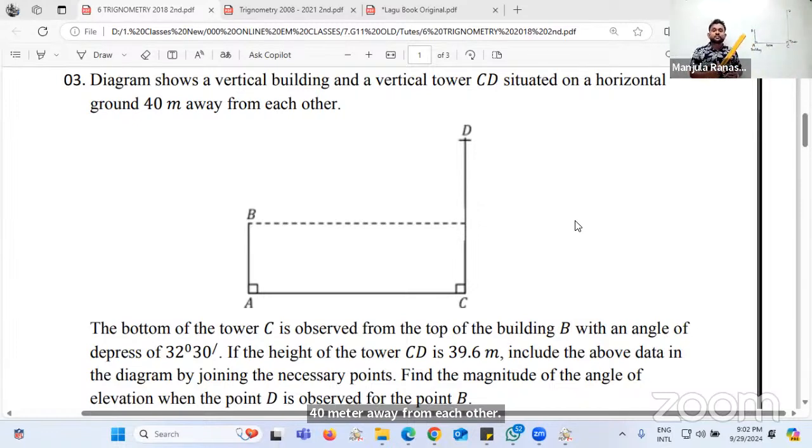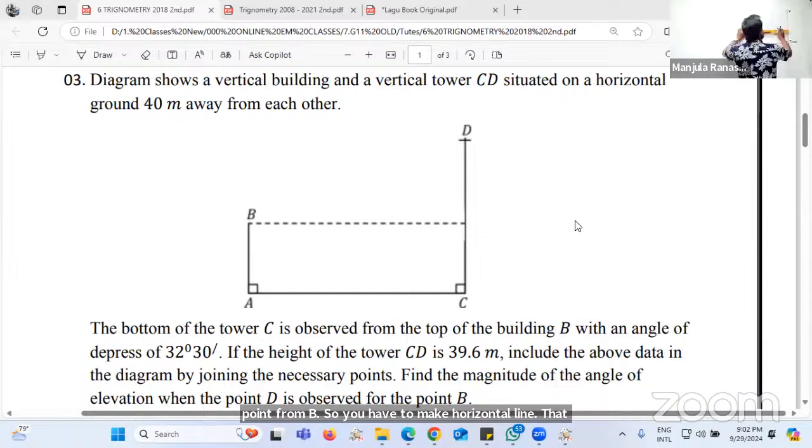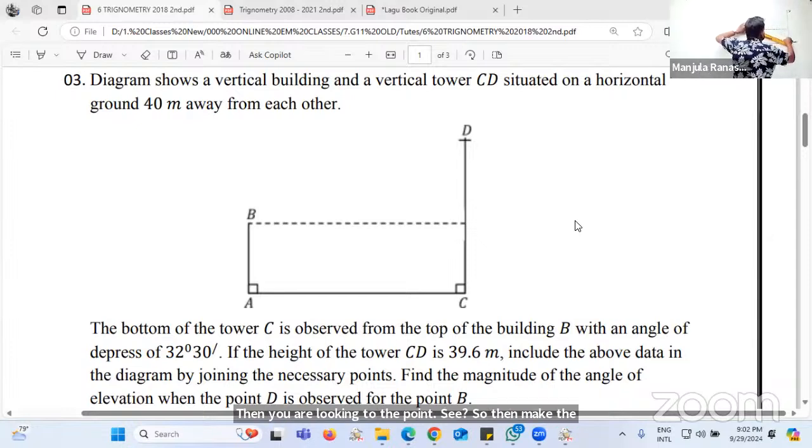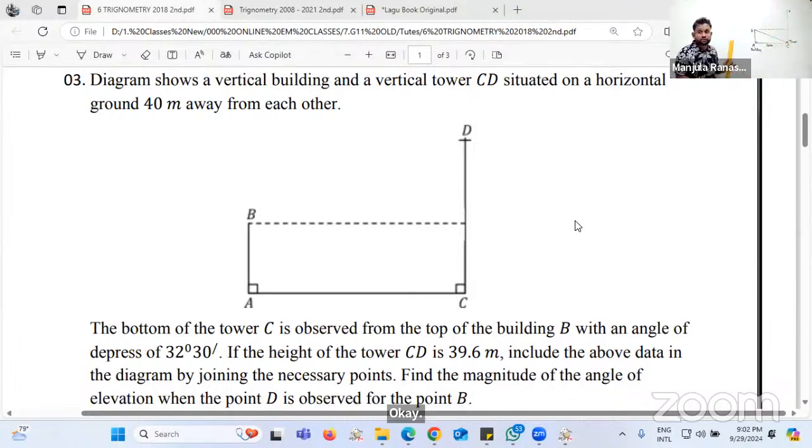The bottom of the tower C is observed from the top of the building B with an angle of depression of 32 degrees 30 minutes. So from which point? From B. You have to make a horizontal line drawn from B, that is the eye level. Then you are looking at the point C, so make the vision line connecting B and C. That is the vision line. So the depression you can mark 32 degrees